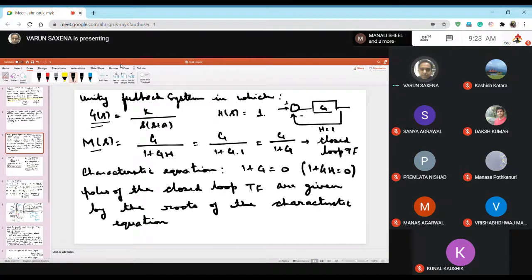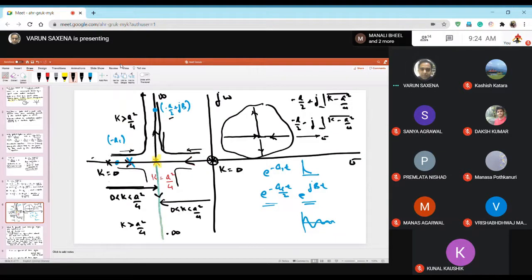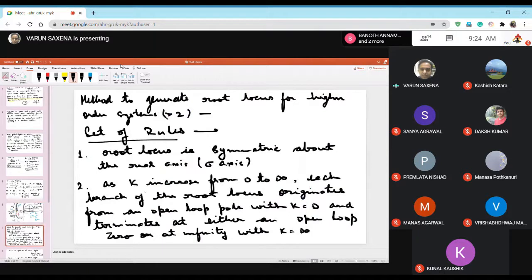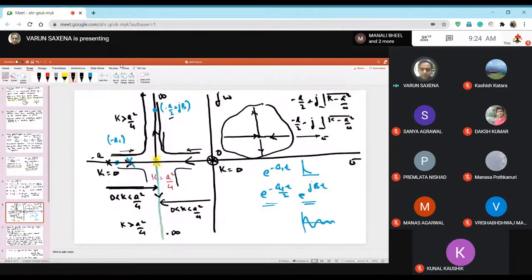So even when you are doing the analysis using closed loop transfer functions, k equal to 0 physically signifies the location of the poles of the open loop transfer function. So that is why here you have minus a and here you have 0, right? So as k increases from 0 to infinity, there will be branches in the root locus. These are branches. This is branch 1, this is branch 2, this is branch 3, this is branch 4.